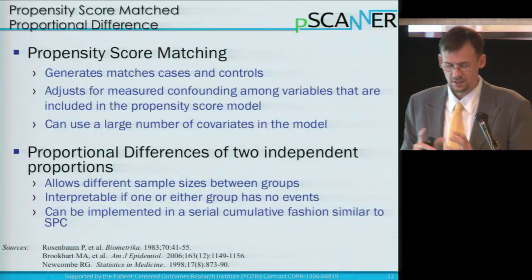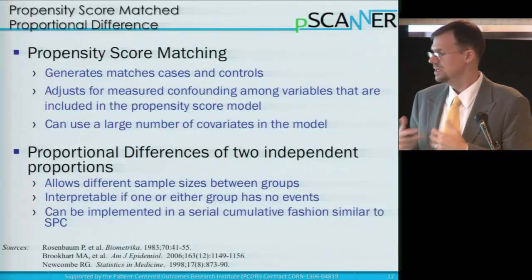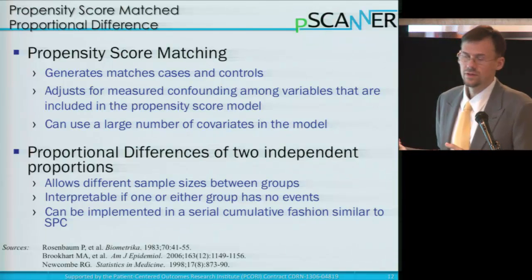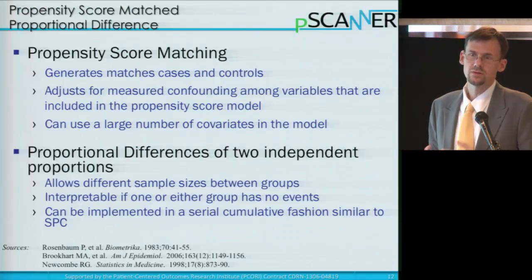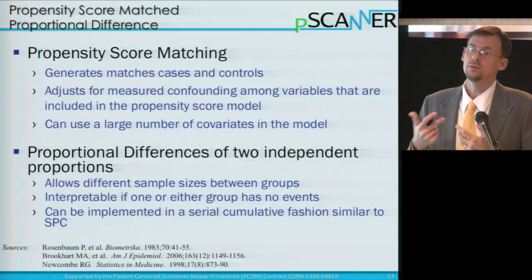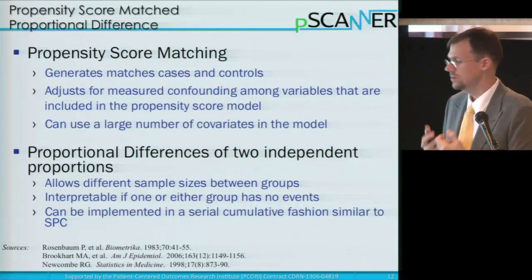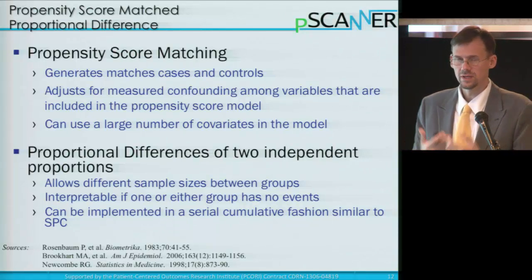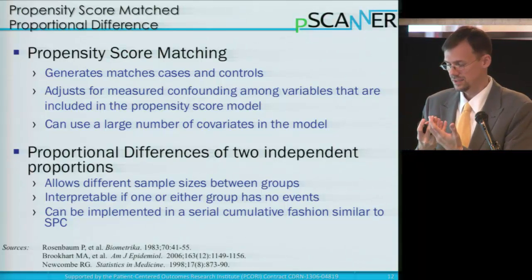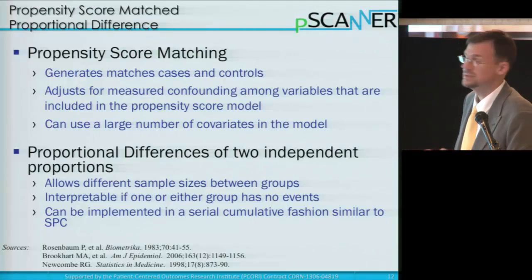So I'm going to transition from the nodal implementation to some examples of distributed analytics that we've been doing. A lot of the work that we do is comparative effectiveness, whether it's medical device comparisons or medication exposure comparisons between A versus B. And when you're doing that work in observational cohort data, you have to adjust for confounding and account for those. One of the ways in which we do that is using a propensity score match